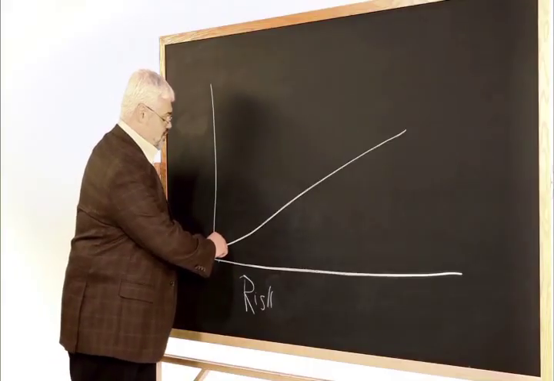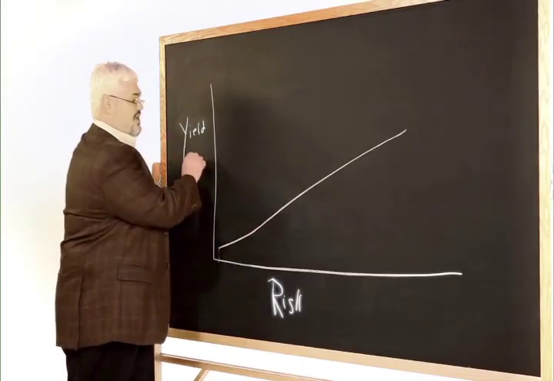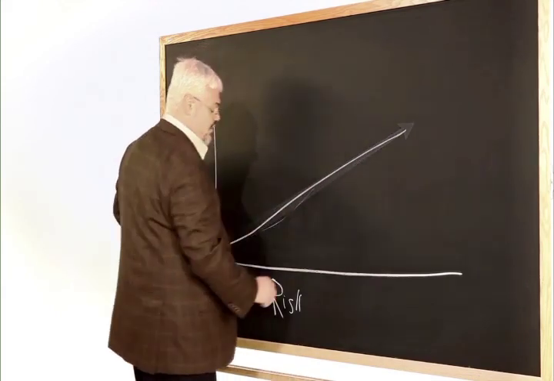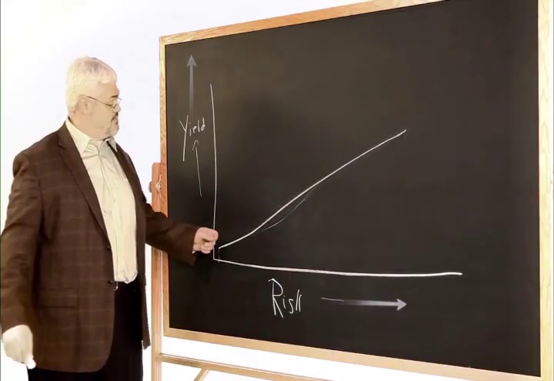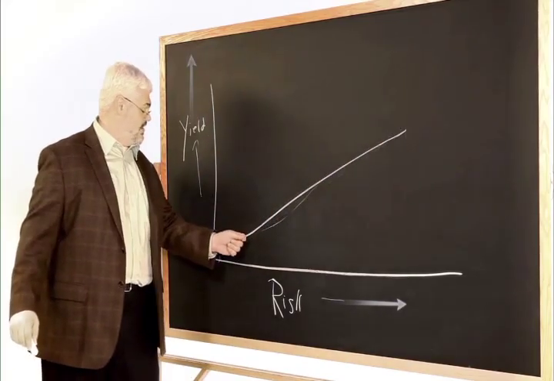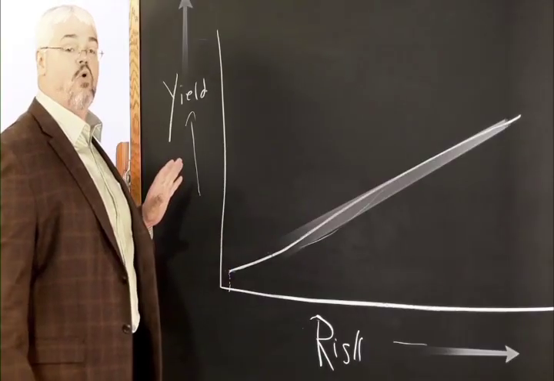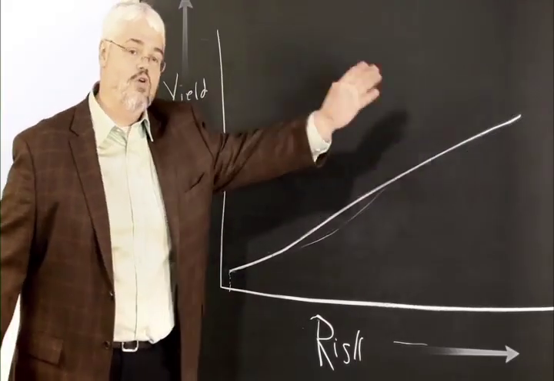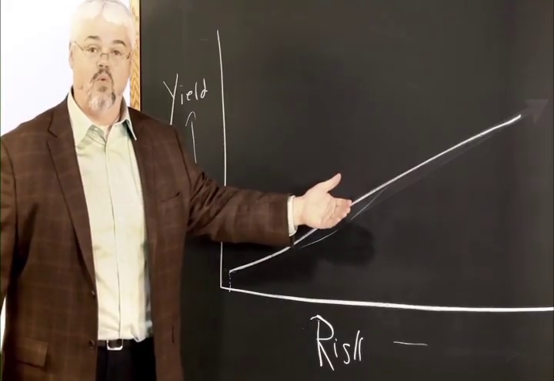And so as you go up along this curve, what you see is different kinds of bonds having different levels of risk and different levels of yield. The longer term the bond, the greater the risk generally, and the greater the yield. Why? Because more things can go wrong in 30 years than can go wrong in 1 year, or in 1 month or in 1 day. So the more you're trusting somebody to pay you back in the future, the longer the period of time, the longer the duration, the more risky you feel about what could go wrong.